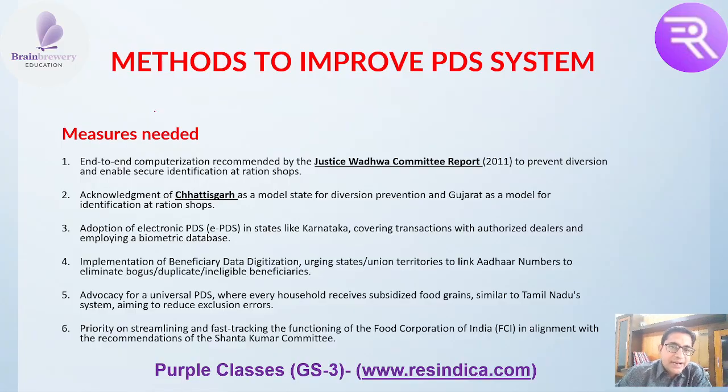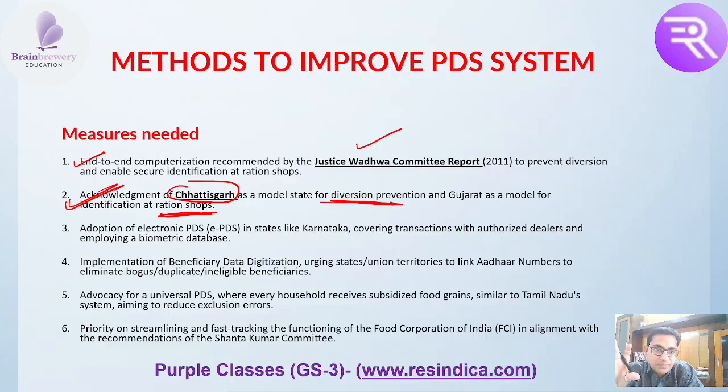Another measure needed is end-to-end computerization, which has been recommended by the Justice Wadhwa committee report. In order to prevent any kind of diversion, he said we have to do end-to-end computerization, and they even discussed the Chhattisgarh model, which has prevented diversion, and the Gujarat model for proper identification at the ration shop. So these are the two examples. Chhattisgarh is a model state with very little diversion, and in Gujarat they are able to properly identify the person who is going to take the PDS food grains. Then the EPDS system is running in the state of Karnataka,